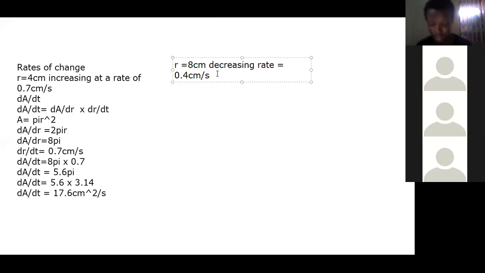Yes, sir. Let's try some more. I always want to give you other types of questions so that anyone you meet, you can be able to solve. The volume of a sphere is growing at a rate of 24 cm cube per second. When the radius is 6 cm,